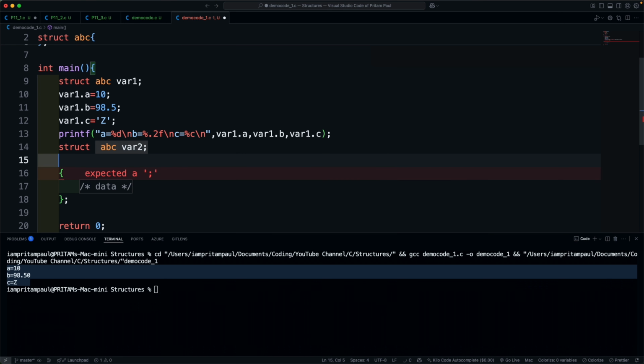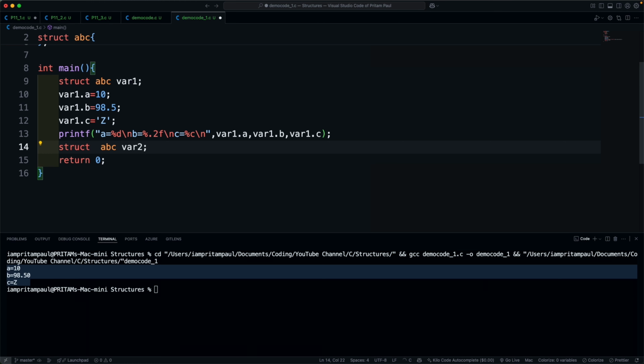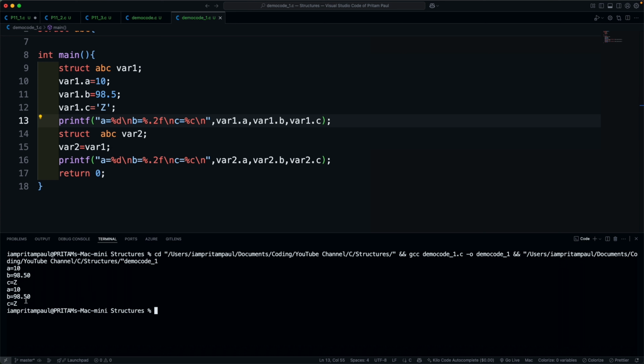And now if I write var2 equal to var1, and then replace all the things by 2, and then save it and run it,